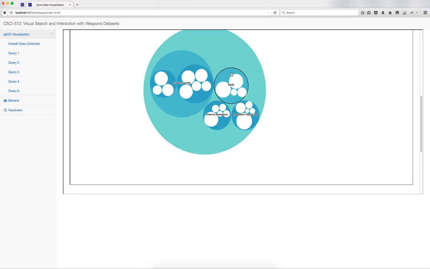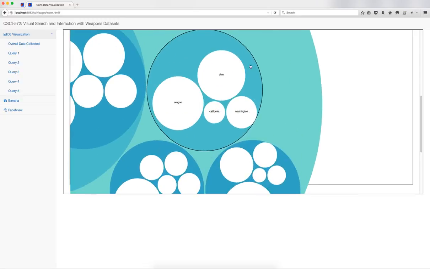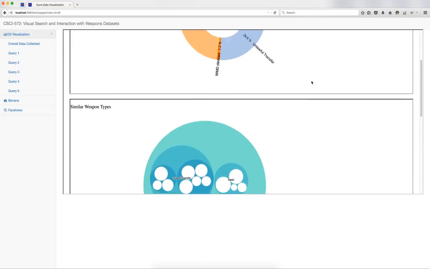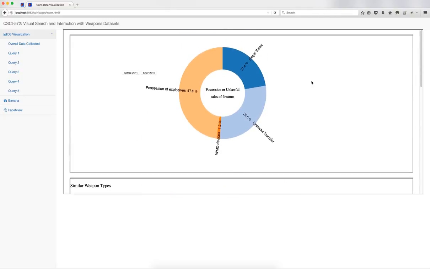WMD also had these 5 states for the possession of those weapons. And we also modeled the change in the data by showing the possession before 2011 and after 2011. Initially, it was around 48% for possession of explosives, and after 2011, it was 50%, indicating an increase.